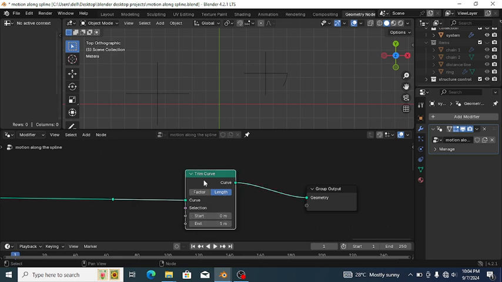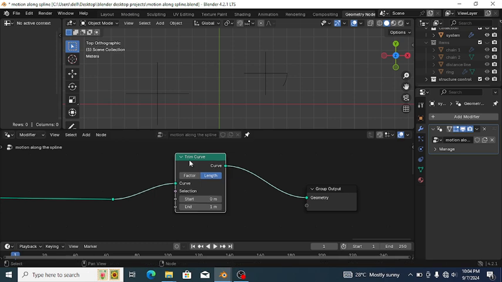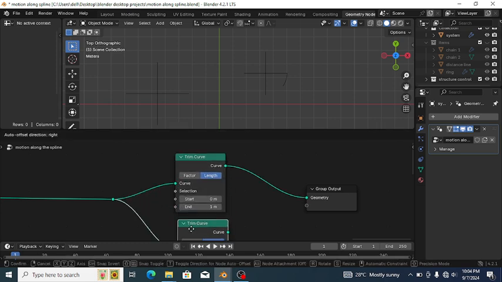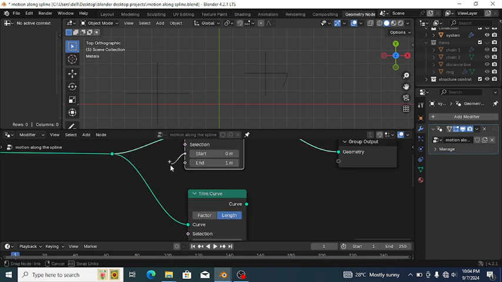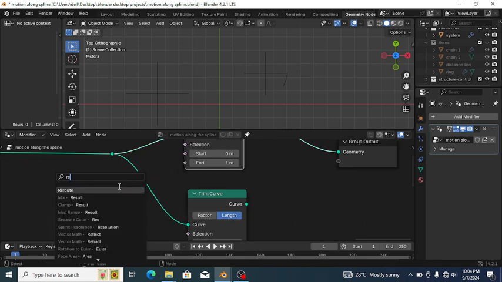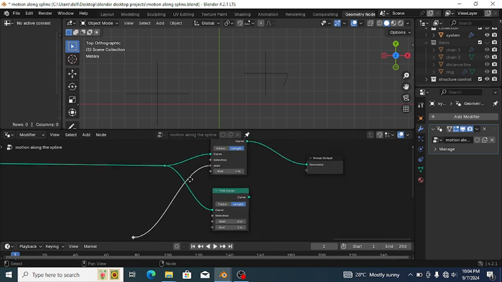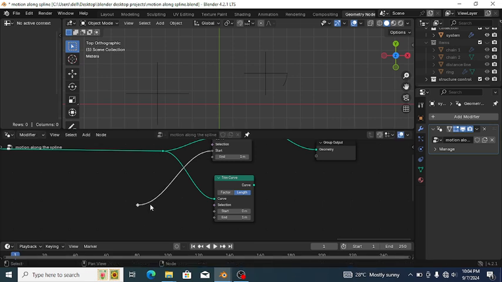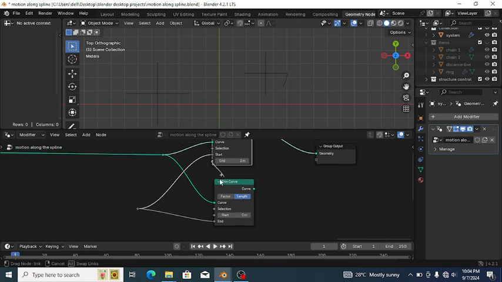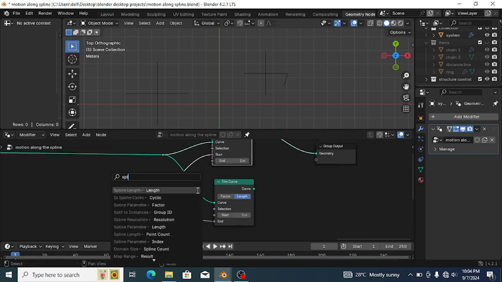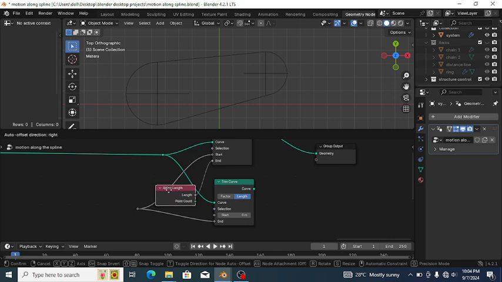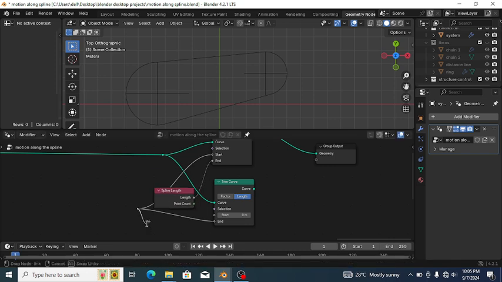Okay, so I'm going to duplicate these two with Shift Ctrl D. Here I'm going to connect a reroute, and if I connect it here to the start, then in the one at the bottom I have to connect it to the end. And in the one that I connected to the start, I should make sure its end reads the spline length, and just like that. Okay,